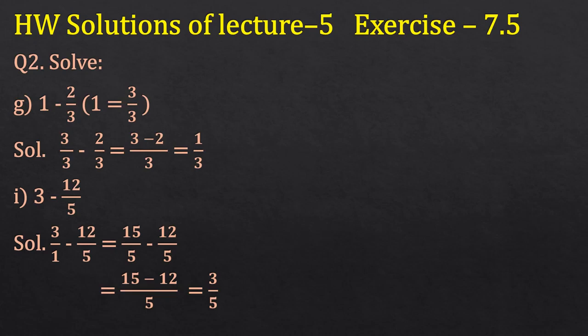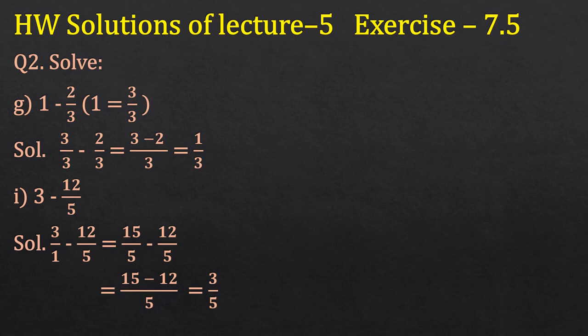Okay, so when we are multiplying denominator by 5, we will multiply numerator also by 5. So 3 5s are 15. Now they become like fractions. See, both the fractions are like. Now same procedure we will follow. Write down denominator once, subtract the numerator. You will get the answer 3 upon 5.